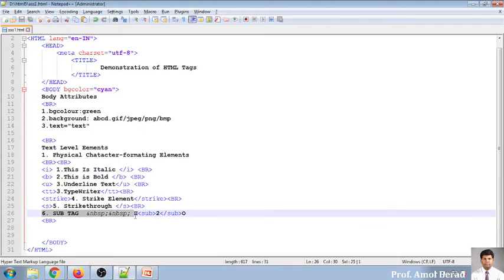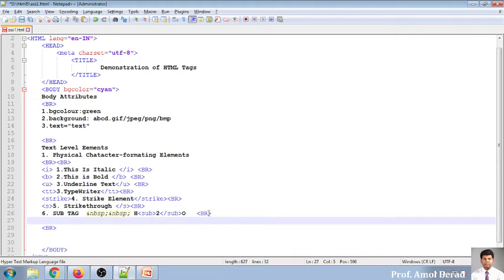So see, we have completed the 6 tags. Now I'm closing this with BR. Now seventh one, I want to display the seventh one. Same way, just like H2O, I want to say 2 raised to 4. Okay, 2 raised to 4. I want to display it. So this is seventh one.